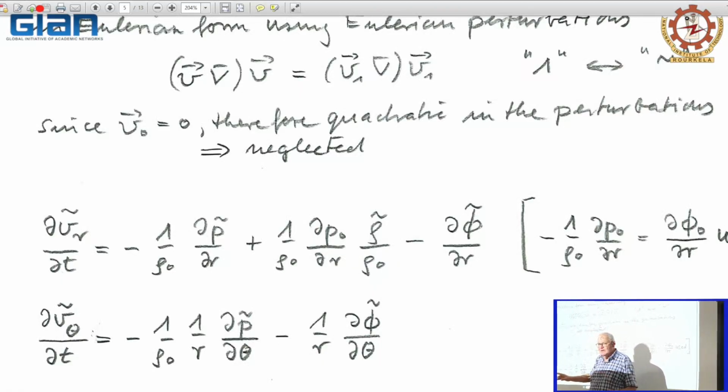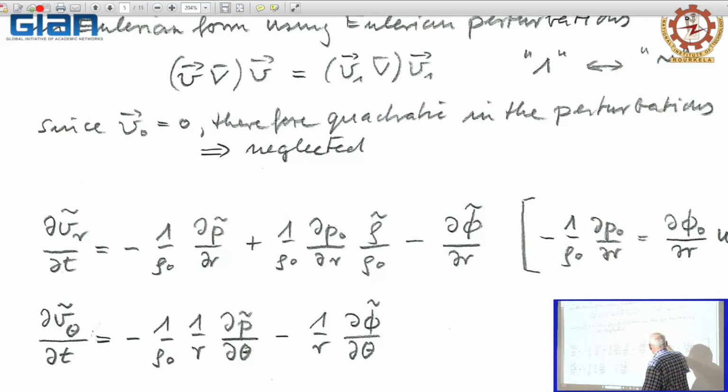The right-hand side is 1 over rho dp by dr. This gives, first of all, this unperturbed term plus a perturbation of the pressure, minus 1 over rho 0 times dp tilde over dr. We only have kept here the unperturbed term because otherwise we would have a second order term in the perturbations. Again, all second order terms in the perturbations are neglected, and then we have to perturb